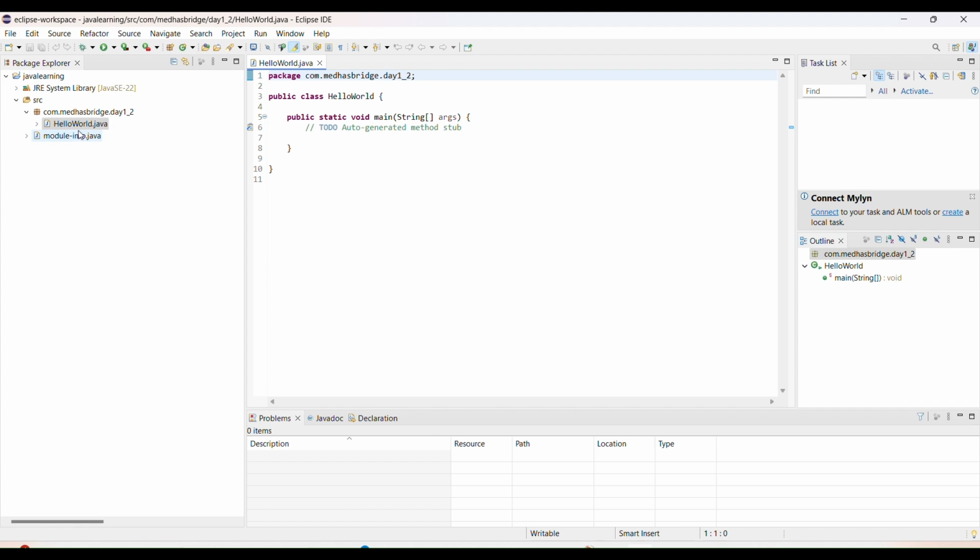That's great. Do you see now? I could see com.mathsbridge.day1_2 is my package name. See, in the file system, this is a kind of folder structure, is what I can say. Okay, let me put